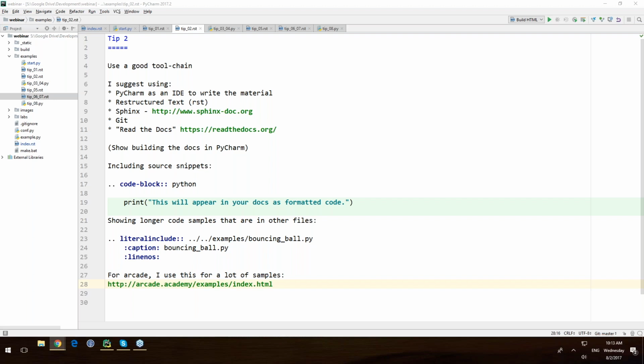Okay. Next point is mostly for us, but I'll go ahead and answer it verbally for everybody else. Do you need any special edition of PyCharm to build Sphinx and RST, whether Community Edition, Pro, or EDU? The answer is no, it works under Community Edition. When I do my tutorials, my Arcade tutorials and all the Sphinx stuff, I use Community Edition.